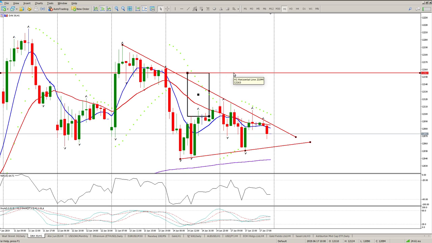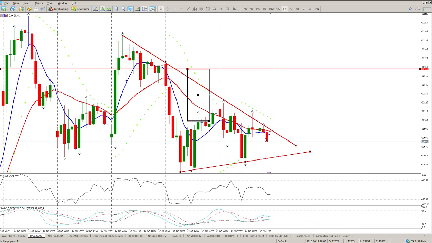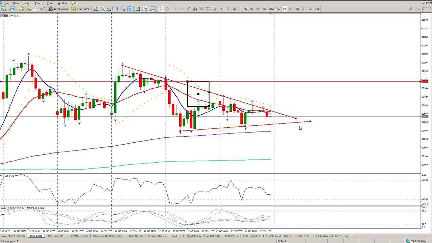Obviously, I think wait for the politicians and the bankers to finish their power pedestal speeches, and then have a look at what's going on. So for me at the moment, if you look at the hour, trend is kind of to the downside, but because these moving averages are so close together, they're not standing up or standing down. You can see everybody's just waiting to see what's going to happen. My bias is still to the upside, to attack this level up here, 12.163.